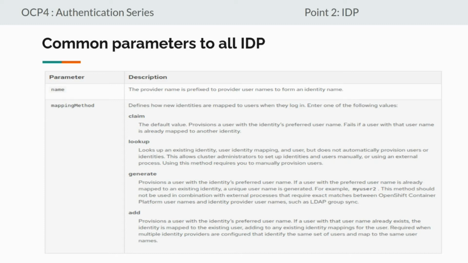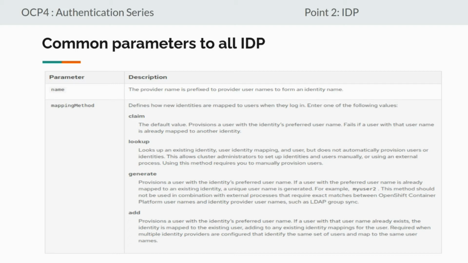Third option is generate. It creates a user identity in the environment on login. But if a username is already present and mapped with a different identity, then it creates a unique name. Say for example, if a user Praveen is already mapped with a different IDP and then you try to log in with the same username, then it will create a unique username like Praveen1.